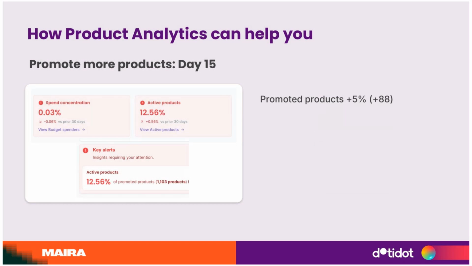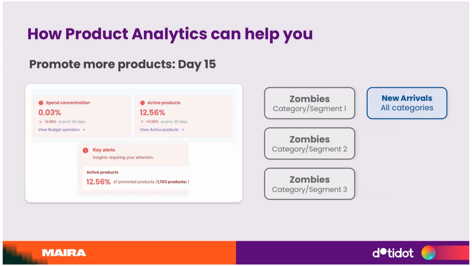But that's not good enough. So we noticed that it doesn't always have to work out the first time or with the first solution. So we decided that one zombie campaign is not enough, and we segmented even the zombies campaign. We segmented by category, or we can segment by identifying hidden potential. You can use Google Analytics data, CRM data, or any type of data you have to identify what is potential